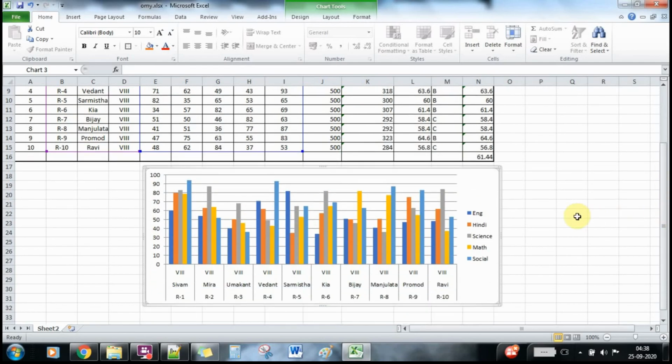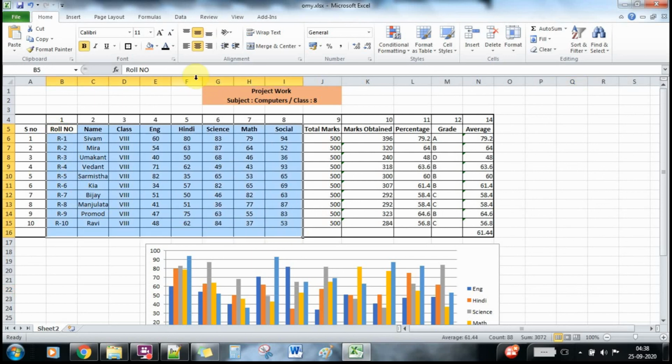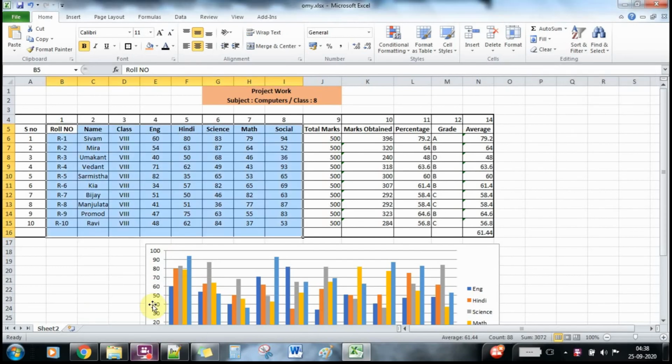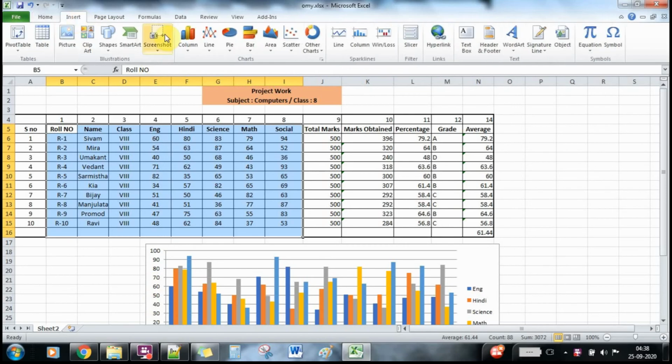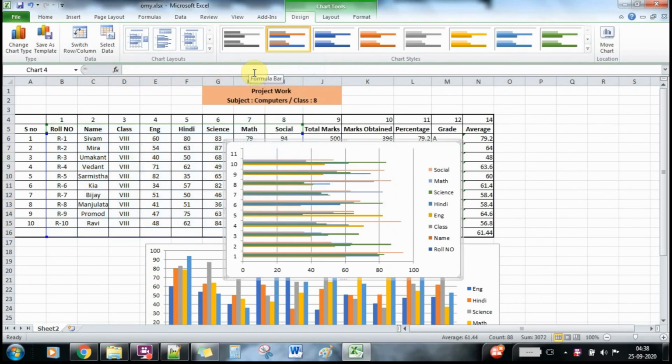Okay friends, and with that, if you want to use any other format, you can do the same thing. You can select this and insert, and the same thing will be created.